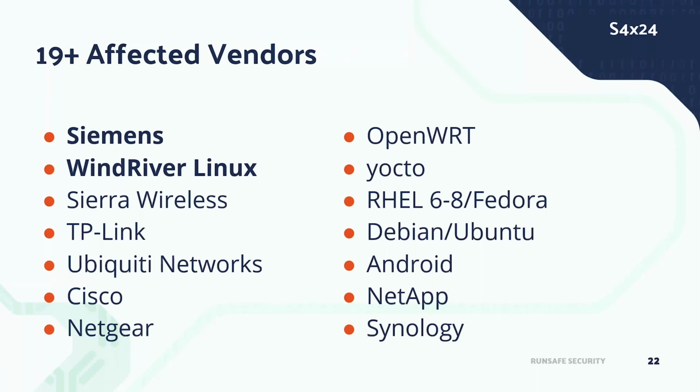And a lot of people in this room are going, whew, awesome, I'm not vulnerable, right? Well, oops, if you go to the ICS cert and look up the exact same vulnerability, there's 19 plus vendors that are affected. Oh, well, that's a very different story, right? Siemens is on there, Wind River Linux, Sierra Wireless, TP-Link. The list goes on, Cisco, Netgear, Yocto. It's prevalent, it's everywhere, and that's really scary. If you were just using the NVD data, you might think, I'm not vulnerable to this. But yet, here we are, and you actually could very well be. This probably isn't even an exhaustive list.